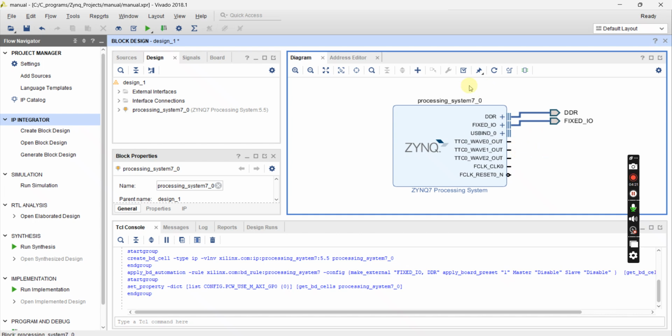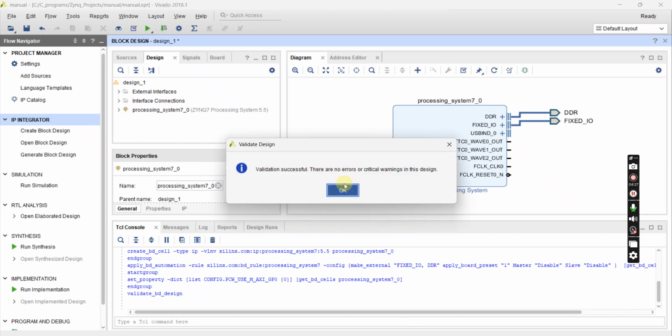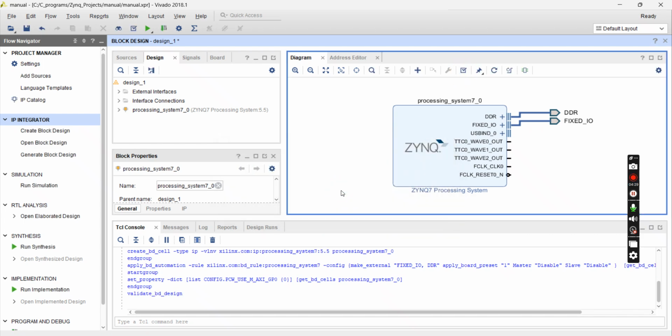And here we go, let's validate this design if everything is okay, and okay. So now I am able to develop a development environment by adding the Zynq new block design and adding some Zynq processing system. It takes almost 4 to 5 minutes to build these basic steps in order to start